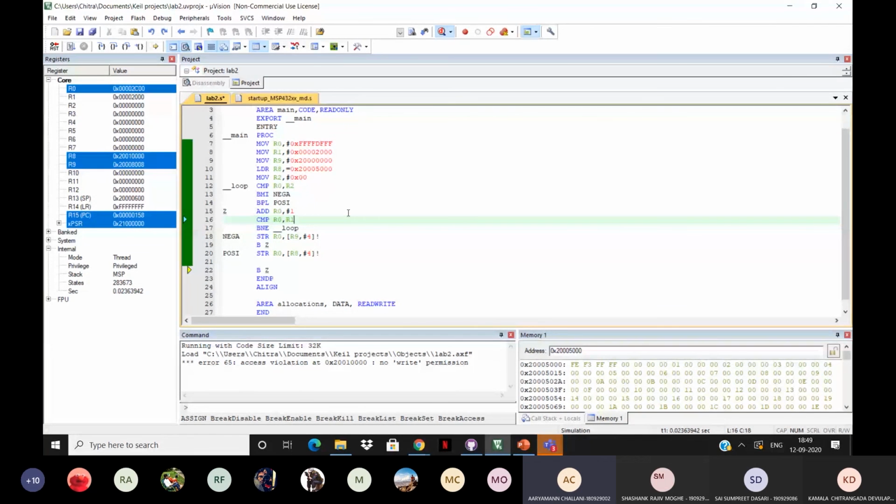The microcontroller isn't designed to take numbers greater than 2 followed by 7 zeros using the move instruction. So you have to use LDR. That's why in the next line, at line 10, we use LDR with equals a number which is greater than 2 followed by 7 zeros. You can try it out on your own machines, it'll throw an error.